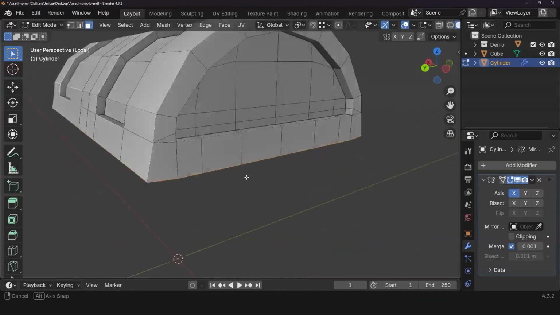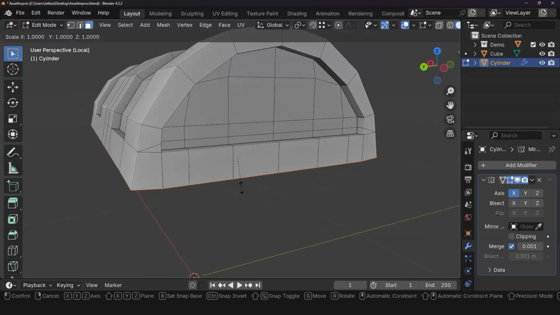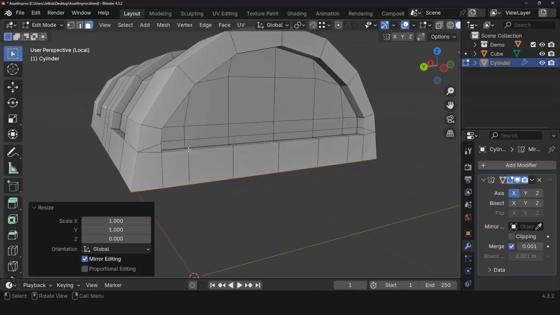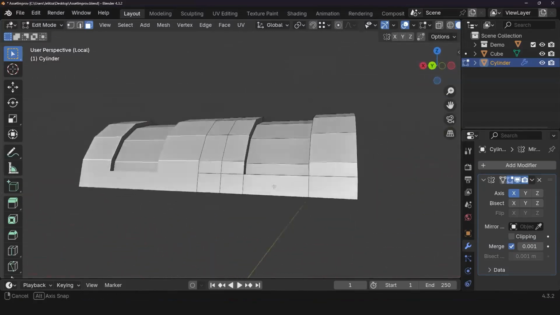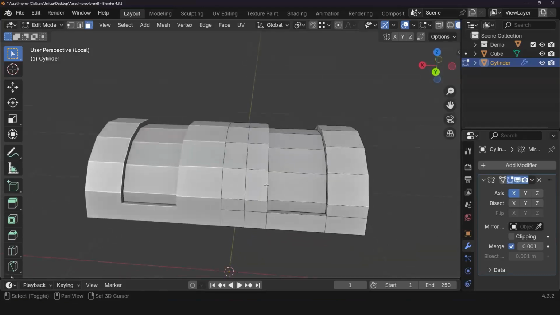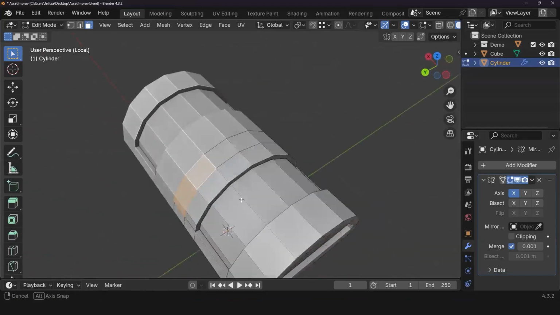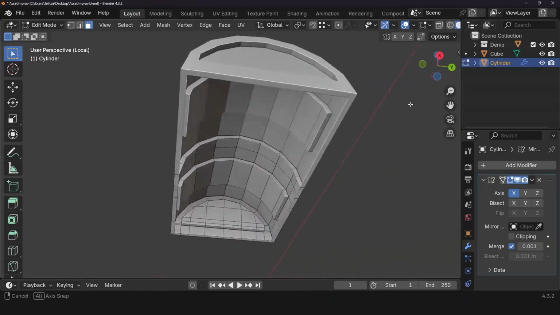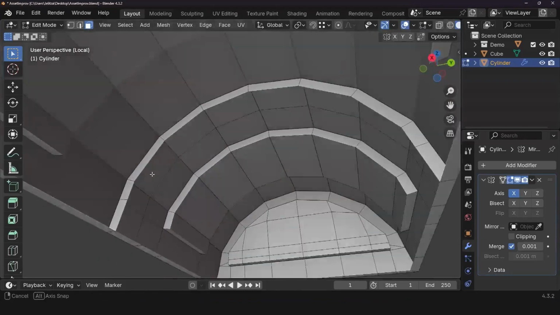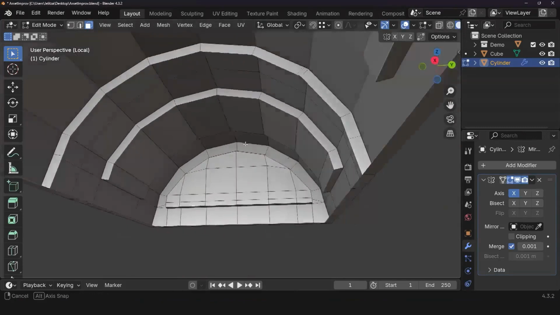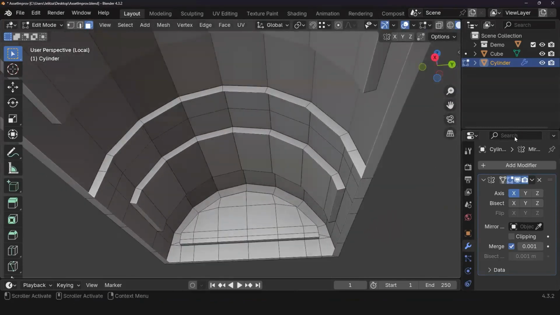What I'm going to do is I'm going to actually scale Z and then press 0 so that everything is straightened out at the bottom there. And I think that came out pretty solid. What I'd like to do, before I do anything else, is clean up this geometry. And the reason for that is because this can definitely block you from doing some cool stuff. So I'm going to select these faces, clean it up.